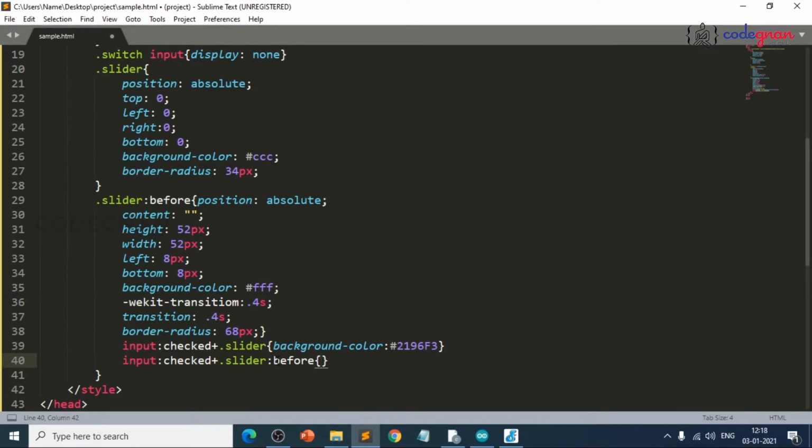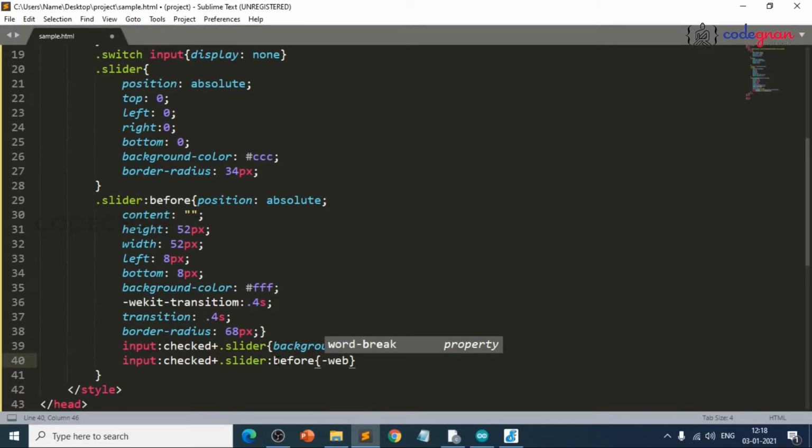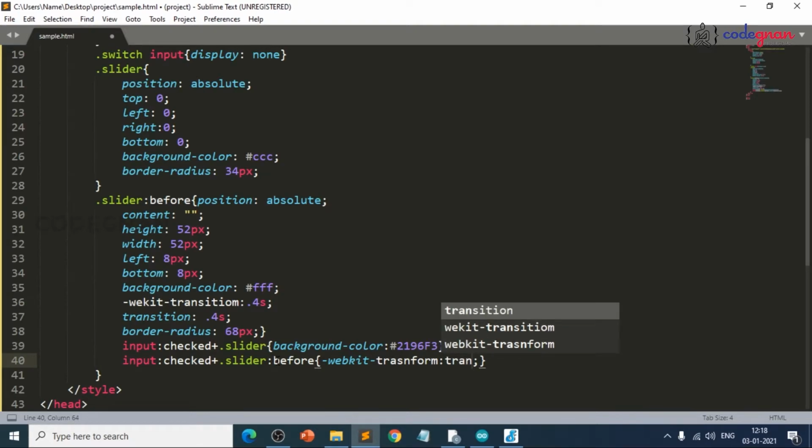Of WebKit hyphen transform equals to transition or transform. We need to write transform here, or we can write translate.